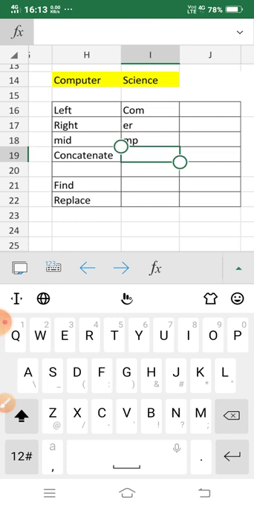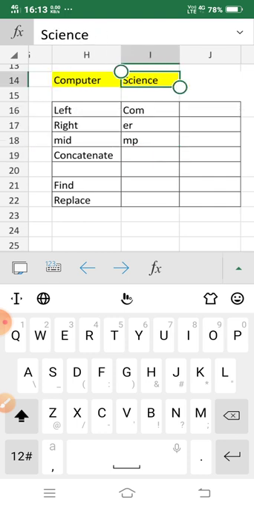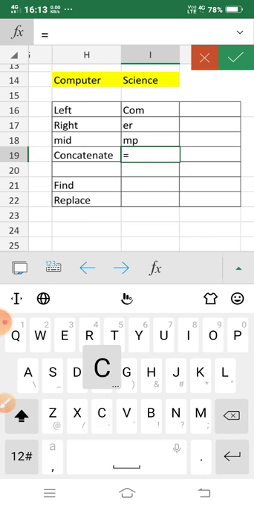Okay. Next one is concatenate. Concatenate means joining of some text. Okay, joining. Concatenate means actually join. So for concatenate, I have to use the 2 texts here, computer and science. So see my formula, equal, then concatenate.